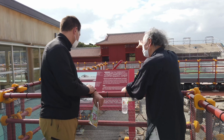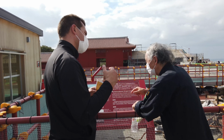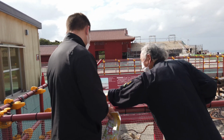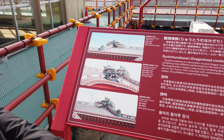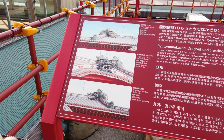This dragon should be straight. So perhaps when they rebuild this, they'll put the dragon straight this time. Yes, because it looks right, left, right. Why is it down in the same position? No. Then coming straight, face. So the correct position is the face...